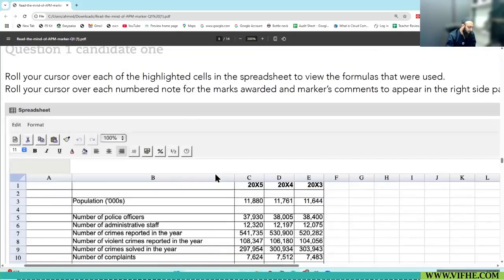So far, is it useful? Understanding everything, yes or no? And I'm sure you are getting the clarity on why I'm doing this and how I'm doing this: reading the question, the official answer, and then the student answer, so that you can compare. This is manageable, man. This is manageable.